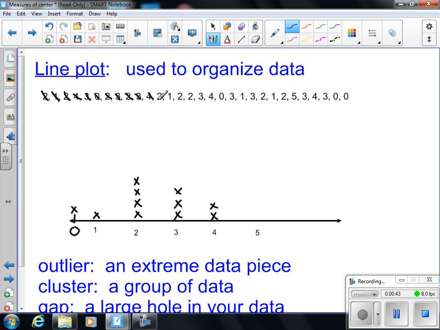And there's only one kind of drawback with this, so you want to make sure that you get your X's the same size. 2, 1, 2, 2, 3, 4, 0, 3, 1, 3, 2, 1, 2, 5, 3, 4, 3, 0,